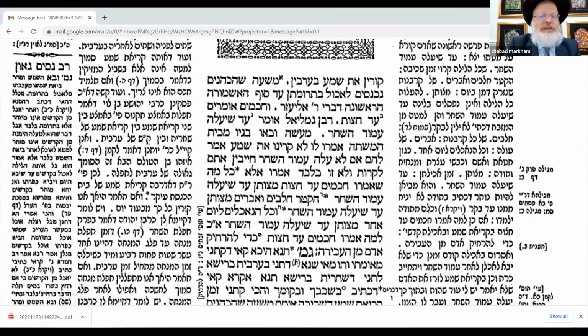What did Rabbi Eliezer say? That the time to read the Shema in the evening is from nightfall until the end of the first watch of the night. What's the first watch of the night? We know there are 3 watches of the night. There are 3 segments of the night. The night is broken up into 3 parts. Each one is called a watch.